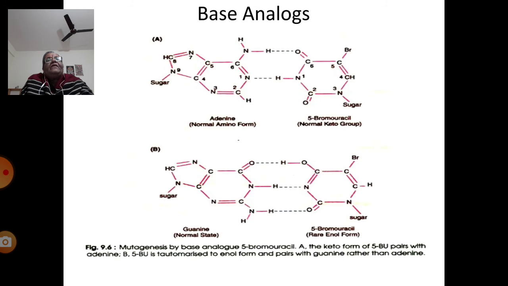Then, this is the representation of base analogs. Diagram A tells you the keto form of 5-BU pairing with adenine, whereas diagram B tells you 5-BU is tautomerized to the enol form and pairs with guanine rather than adenine, bringing about the mutation. Alright? Then,